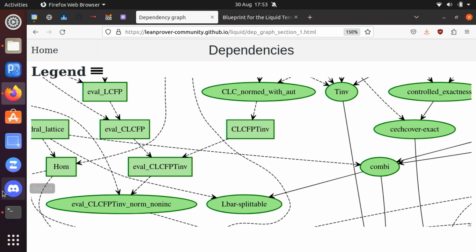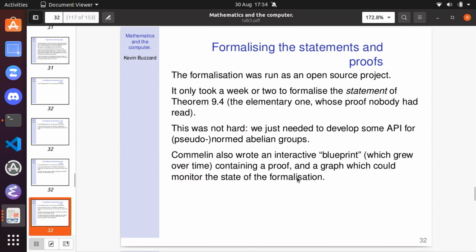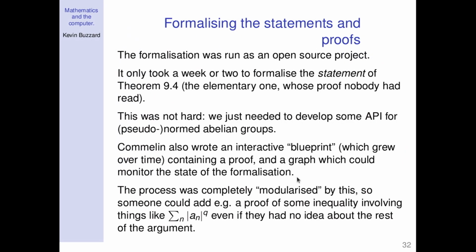And let me try and find my slides again. There we go. So that was the blueprint, and because of the nature of it, it was very much modularized. Somebody could come along that you'd never heard of, and they could just say, "Oh, I proved one of your lemmas," and something went from blue to green, and you didn't need to check the proof because the computer had checked it, and they didn't need to understand why we needed to prove this theorem because that wasn't their business. They were just filling in a gap, and so the number of gaps would slowly get filled. At the beginning, there were lots and lots of things needed doing, and then sometimes more things would appear.